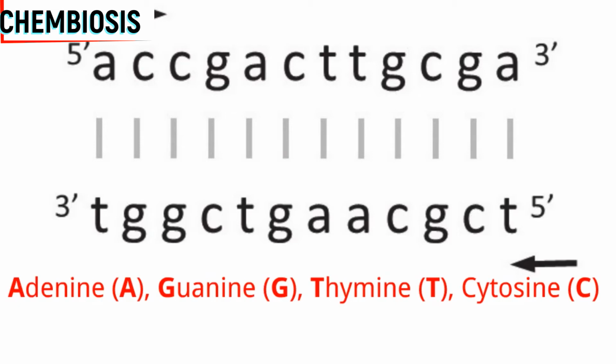These nitrogen bases are abbreviated as A, G, T and C respectively. So the complementary base of adenine or A is T or thymine. Similarly, the complementary base of guanine or G is C or cytosine. So basically A can only make bond with T and G with C. So that's why the two sequences as you are seeing in this picture are complementary to each other, where A can make bond with T and G can make bond with C.